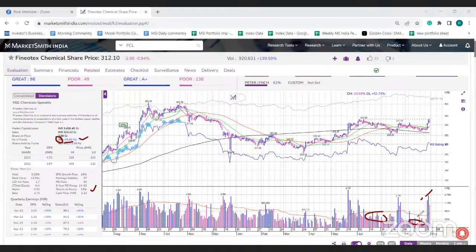And I think looking at this volume, this always indicates some institutional buying. इतना high volume पे day high पे close होता है. So this does indicate some institutional buying still going on in the stock. So let's wait for a breakout on higher volume. And then looking at the market condition, I think very rarely a stock moves in the direction opposite to the market. So if Nifty is not able to settle well above some good range, then I think you need to wait even if the breakout is good.